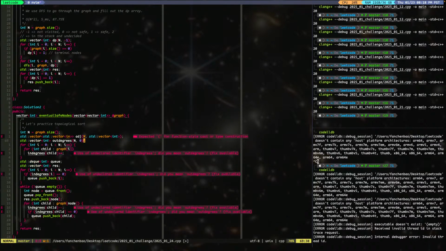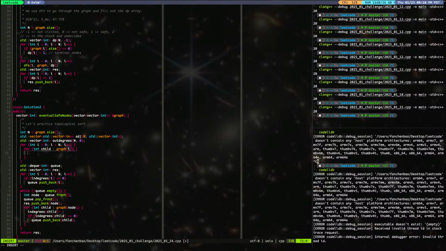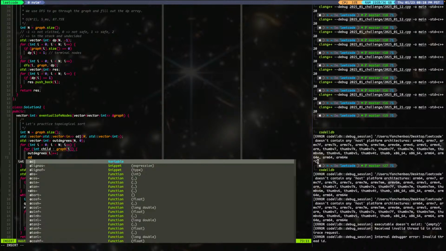Something like this. And then our out degrees, something that goes out. All right, go in, go out. So we are looking for something that doesn't go out. Right? We're looking for something that doesn't go out. And in this case, this one, so i goes to the child. So we say out degrees i plus plus, and adjacency list